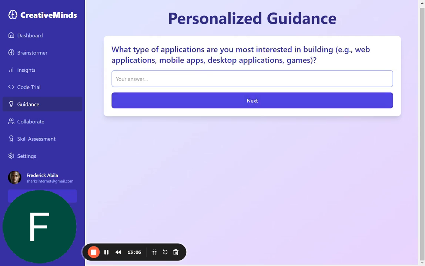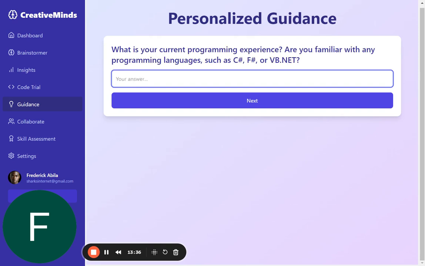Okay, so after I enter that, it asks me some follow-up questions just so that it gets to know exactly what I need or what I'm asking for. So in here it says, what type of applications am I interested in building? When I thought of .NET, I thought of building a website. So let me say website. It's asking, what is my current programming experience? Am I familiar with any of these? I'm not familiar with any of these languages, so I would say no prior experience